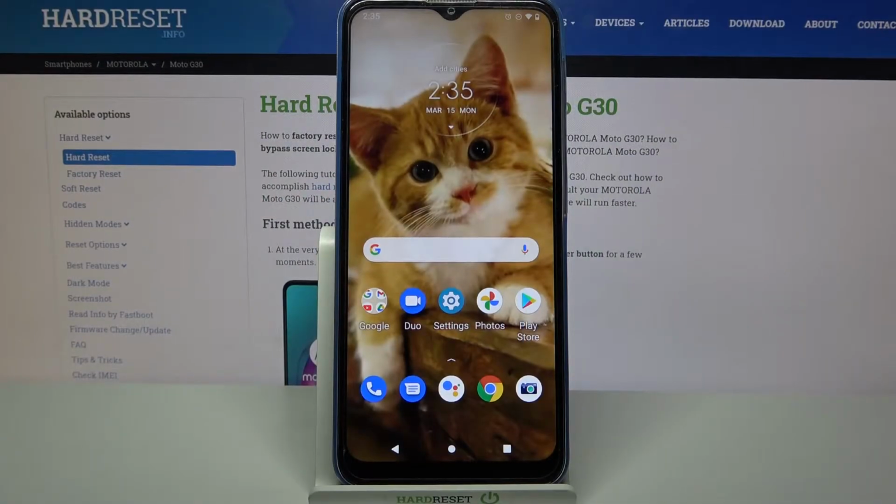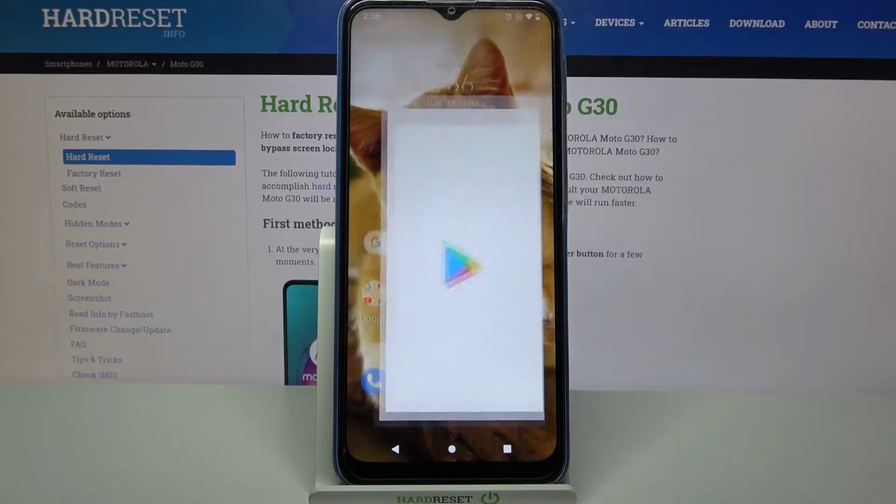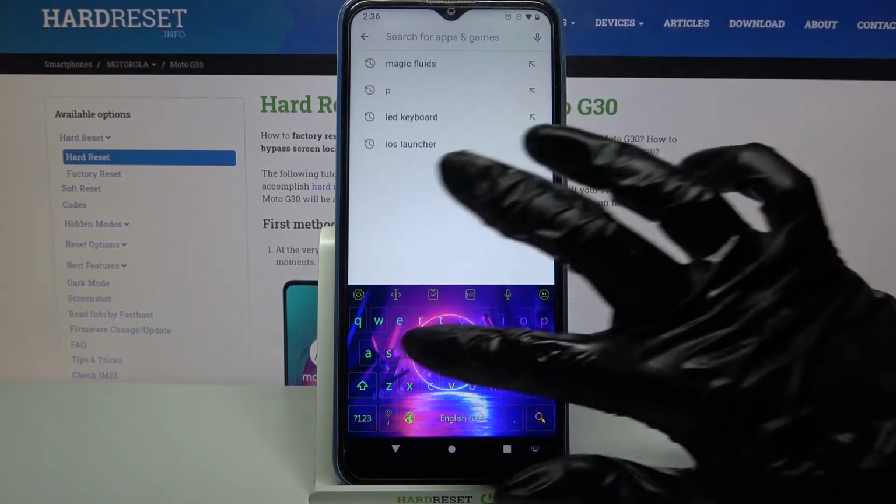Hi, in front of me is Motorola Moto G30 and today I would like to show you how you can download and apply colorful edges on this device. Firstly, open Play Store. Now type edges